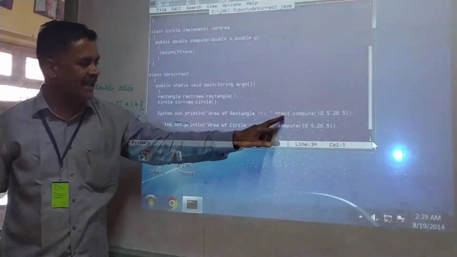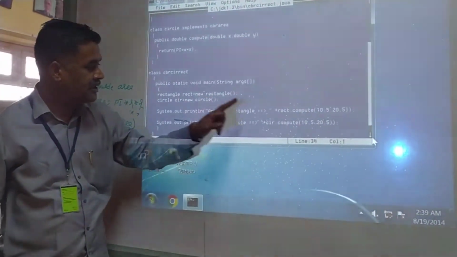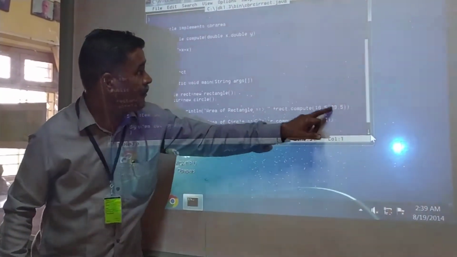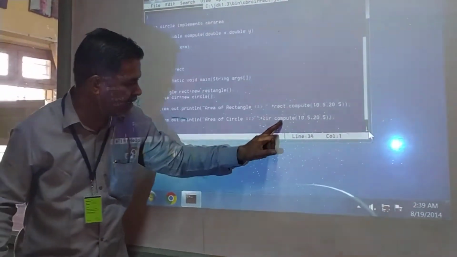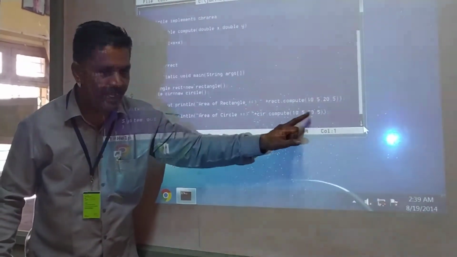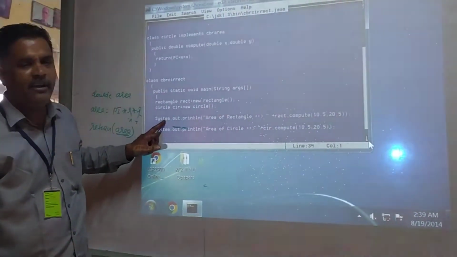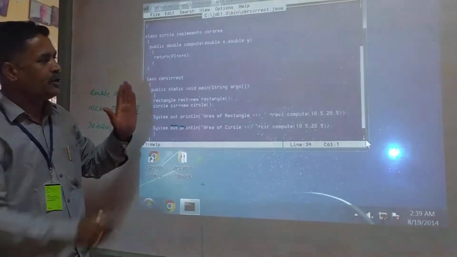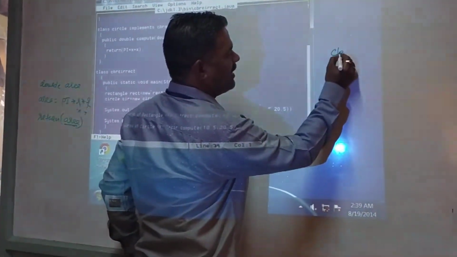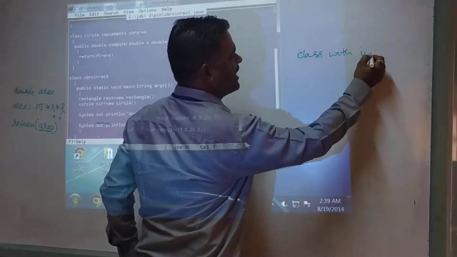Otherwise, directly rect dot object dot method, passing two values to the method. Here also object dot method, two variables passed to the method, calculated and printed. So what is the theme of this program? How to implement the class with interface.